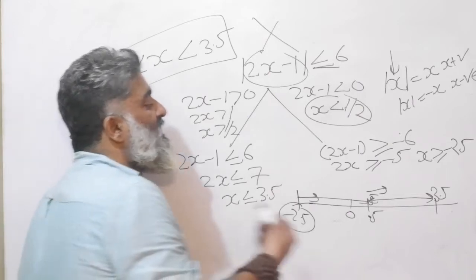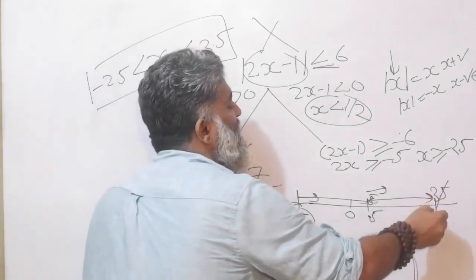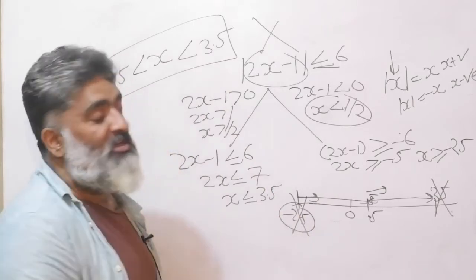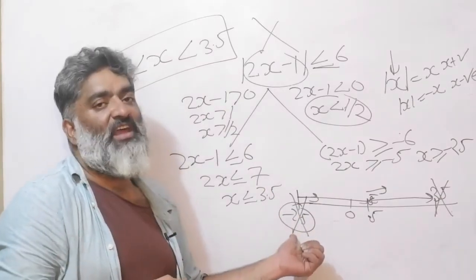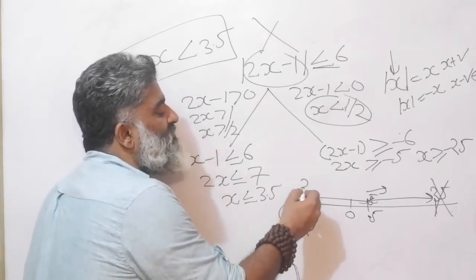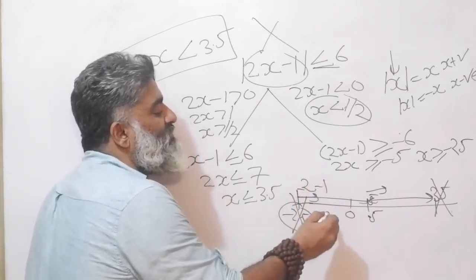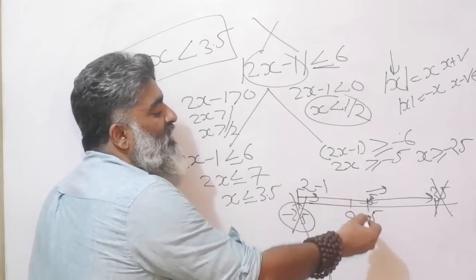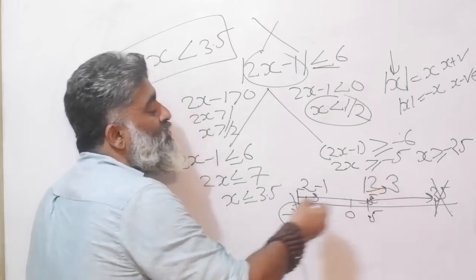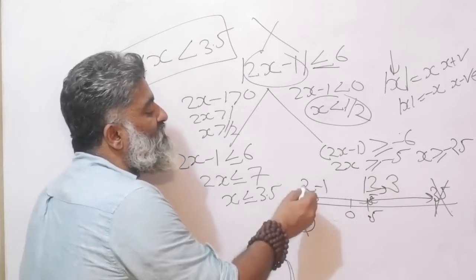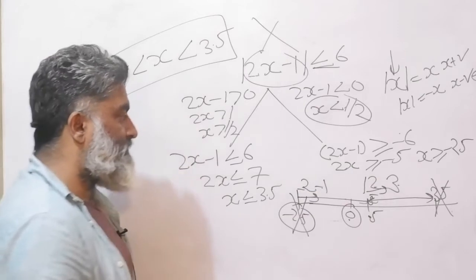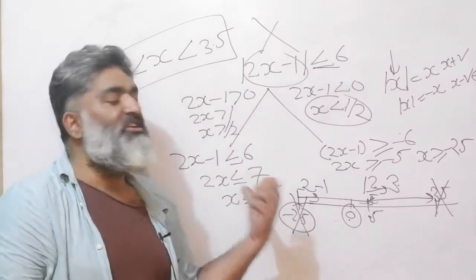So first of all, if you are thinking of integers, 3.5 you cannot consider and minus 2.5 you cannot consider. Why? These are not integers, these are fractions. What can you consider? Minus 2.5 is not allowed, but minus 2 will be okay, minus 1 will be okay, 0 is okay. 0.5 will not be allowed, but 1 will be fine, 2 will be fine, 3 will be fine. So how many integer solutions? 1, 2, 3, 4, 5, 6, because 0 is also an integer, right?